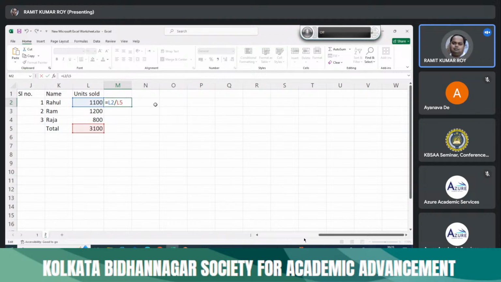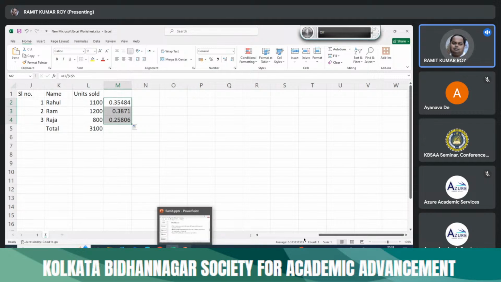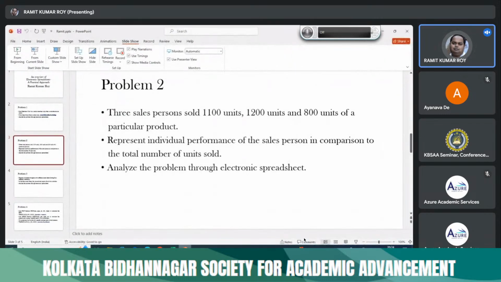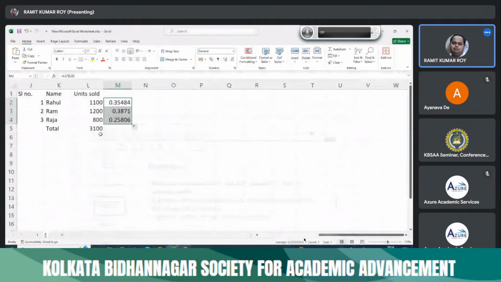And in electronic spreadsheet, students, this is done by using the dollar sign. So it's $L$5. I press enter. Then when I drag, this is what it is. So still the problem is not over. What is expected? So maybe I write down